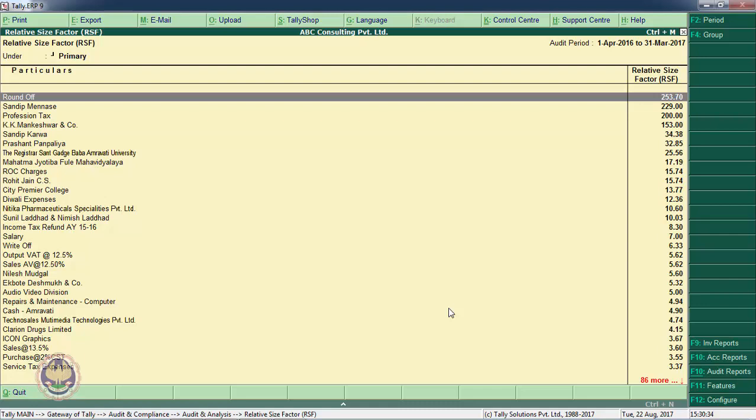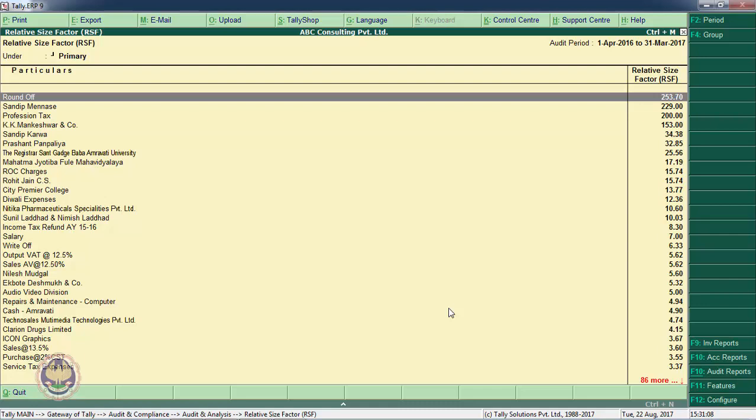For example, the highest amount of electricity bill that you have paid in the month of May is rupees 5,500 and the second highest amount of electricity bill you have paid is rupees 4,500. So what will be the relative size factor? 5,500 divided by 4,500. It may be around 1 point something, 1.2, 1.3. So in this case, the relative size factor is between 1 and 2.